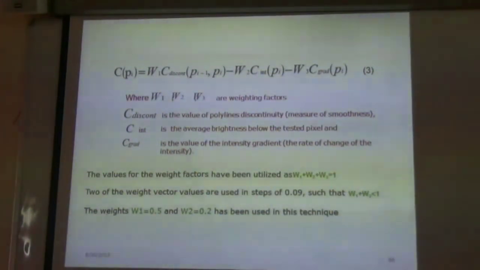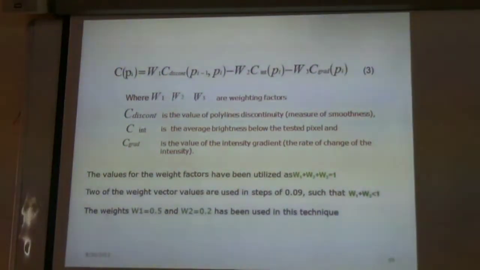Next, C discontinuity is the value of polylines discontinuity in that one. As per that picture, it's very clear. If this is a lumen band, it's a low intensity. Next, this is your intima part. This might be of media. This might be of your